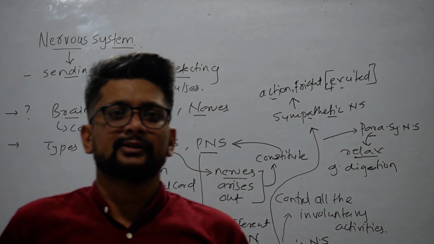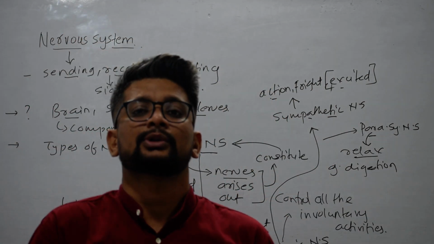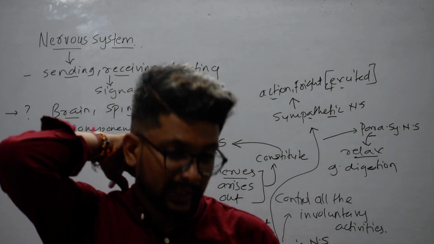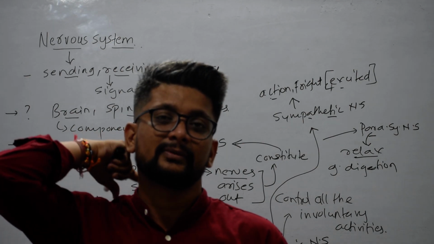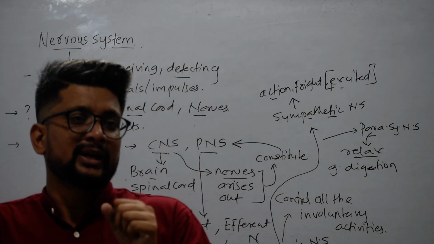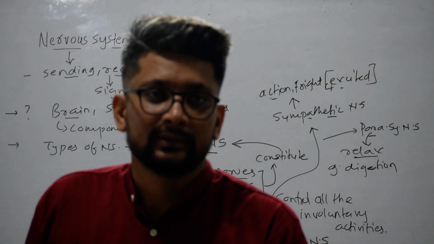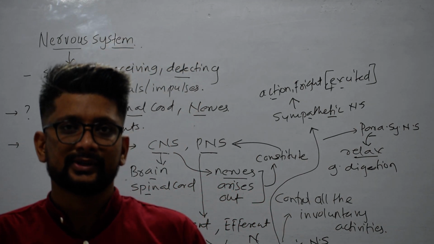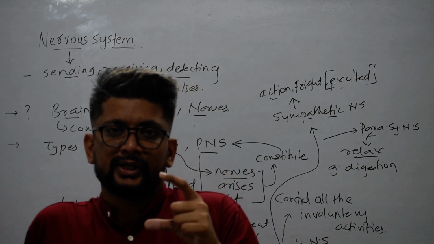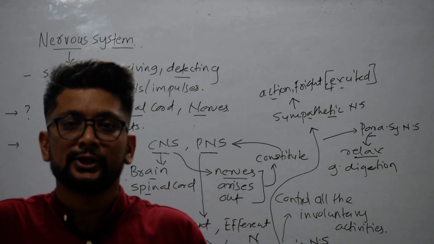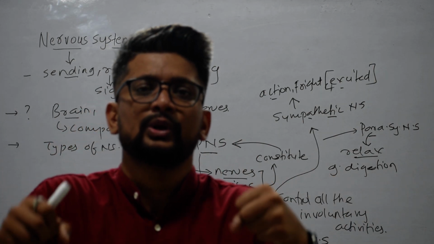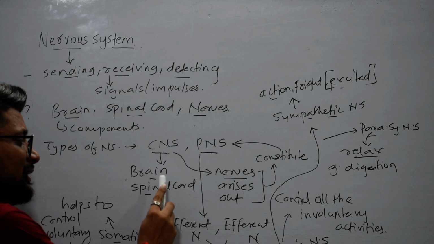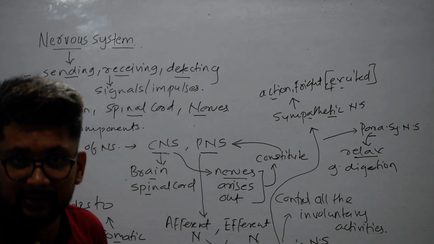Now, if we consider a body, this is the central axis which runs through our body. The brain lies in the central axis, as well as the spinal cord. So, the first main reason is that according to the position, the brain and spinal cord come in the central nervous system. Second reason, these two are the main components of the central nervous system that help to control all the activities and all the systems in our body. So these are the two basic reasons why we include brain and spinal cord inside the central nervous system.